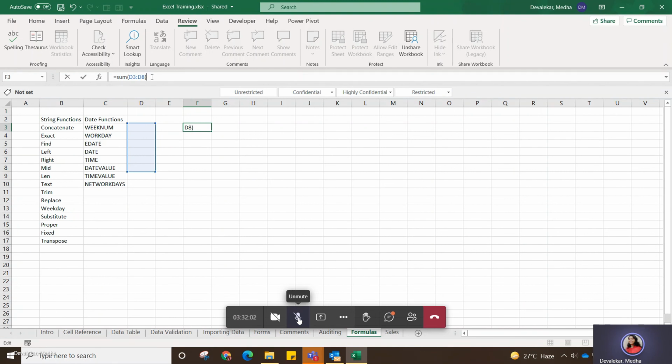So what this sum will do, it will sum D3 till D8. If I add 6, 8, 19, 49 and one more, okay, 63. Now if I add something more here, it will not get added into that. Why? Because this formula is only referring to D3 to D8, not D9.